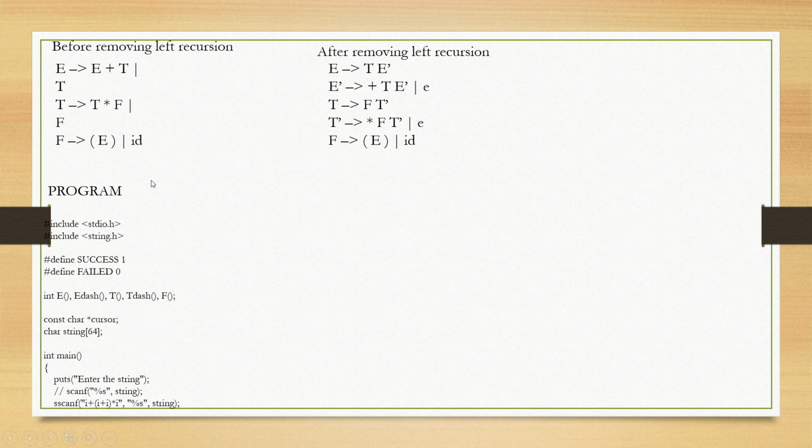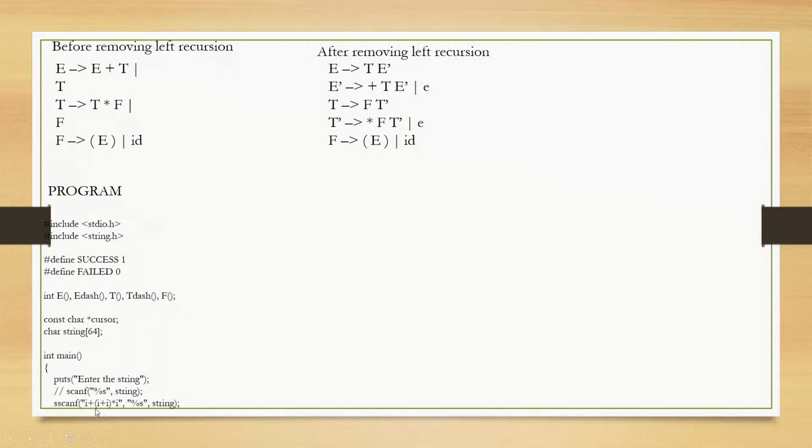And here is a program where these are the header files, where we define success as 1 and failed as 0. Here we are taking the variables E, E dash, T, T dash and F. Five variables we are considering, and here we have a constant character as a cursor, and we are using a string of 64 bits. First we have to enter the value, which will be input from the keyboard, and with the help of this algorithm,